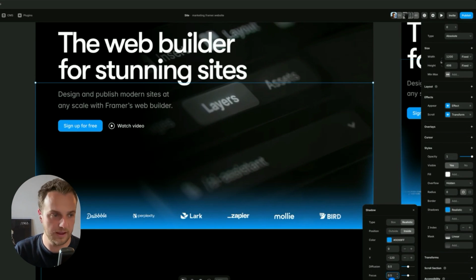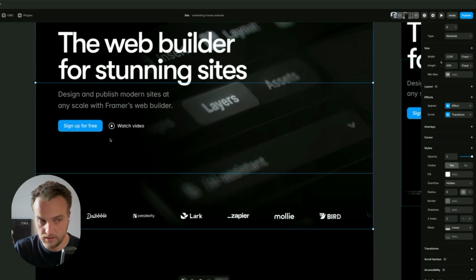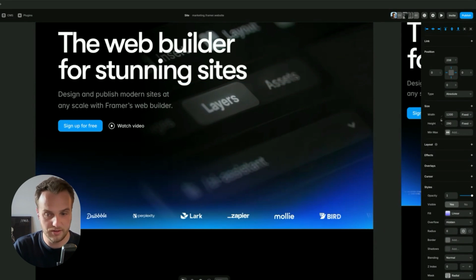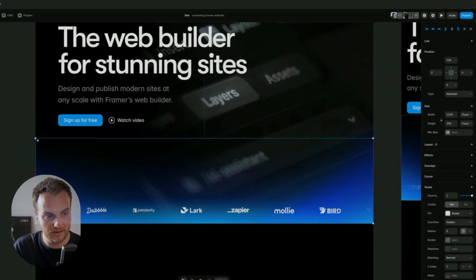So if you don't have a very powerful PC or a very powerful Mac, it might struggle with this. So you want to be careful with stuff like this. But I went, wait, this is an interesting effect. Let me try to recreate this with layers that are a little less expensive for the browser. That's how I got to the new one, which is essentially just a bunch of linear gradients combined with that mask feature again. So if we break it down.